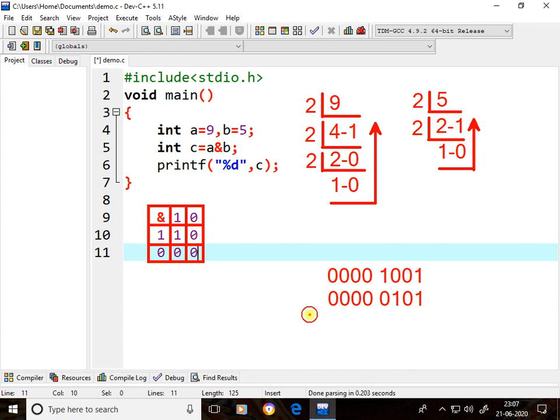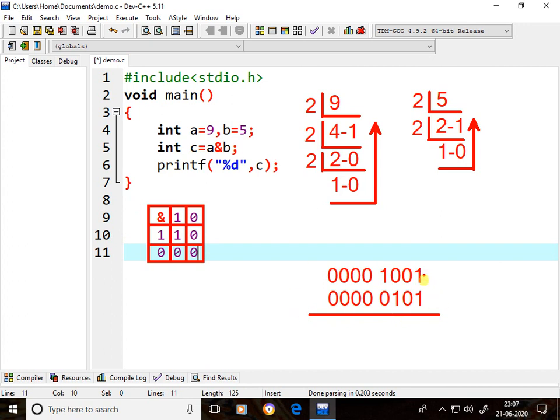On this binary data, the bitwise AND operator works. 1 and 1, then 1. 1 and 0 is 0, 0 and 1 is 0, 0 and 0 is 0. If both are 1, then only 1.